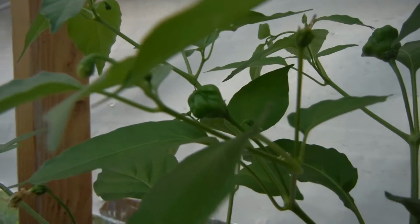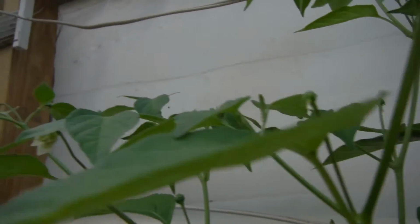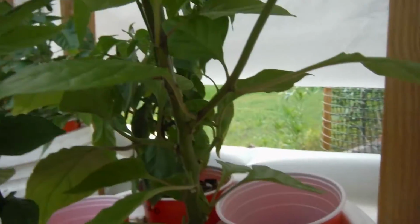There's another one right over there, another one right over there, and tons of buds everywhere all throughout here. Looking beautiful. My Carolina Reaper. I just threw up